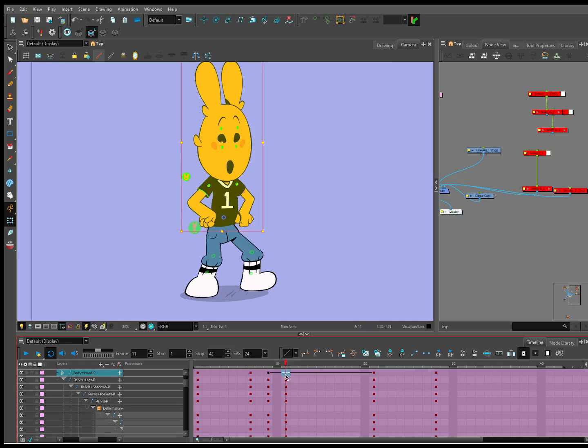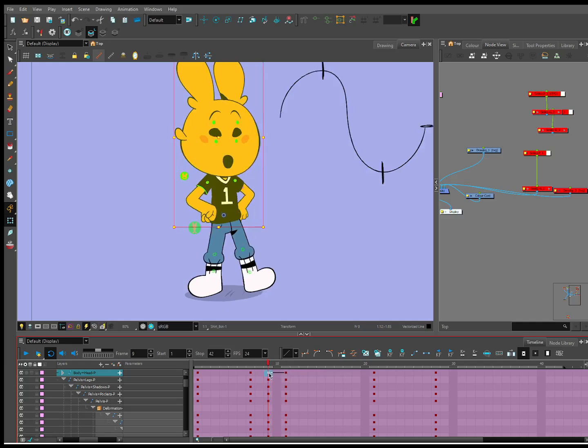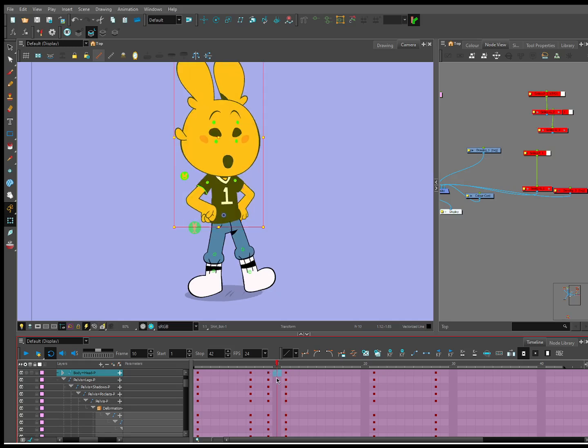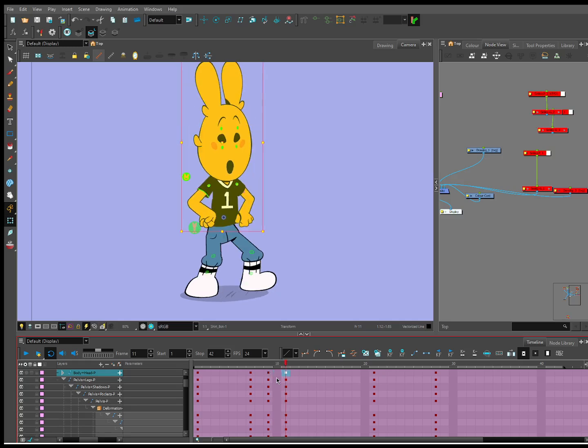Yes, this is the keyframe I want. Keyframe. Now, when I take off the tween, it shouldn't change. Okay, there we go. I just had to sass it. I just had to be like, don't do it. Okay.